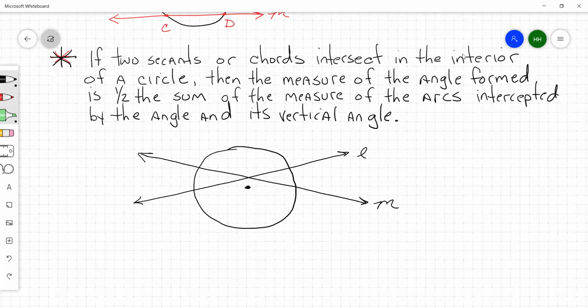All right, so let's take, first of all, this angle right here. We're going to call this angle 1. And we're going to say the measure of angle 1 is equal to 1/2